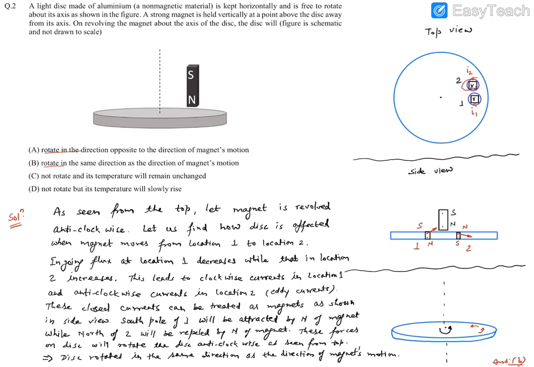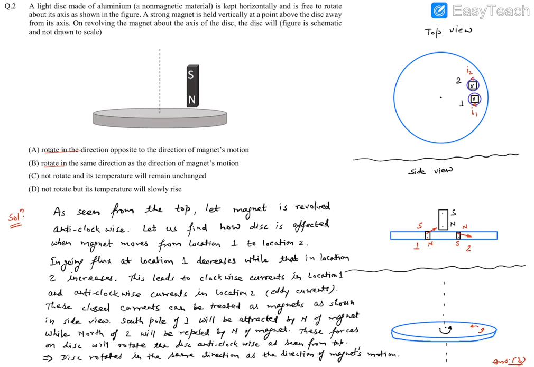Look, since at location 2 the flux is increasing, Lenz's law says the flux change has to be opposed. Flux was going inside, so the induced current will be in the anti-clockwise sense. Here again, there will be several localized loops carrying currents. These currents we call eddy currents. At least we can say there are current-carrying paths at the first location; if looked at from the top view, these currents are in the clockwise sense, whereas these currents are in the anti-clockwise sense.